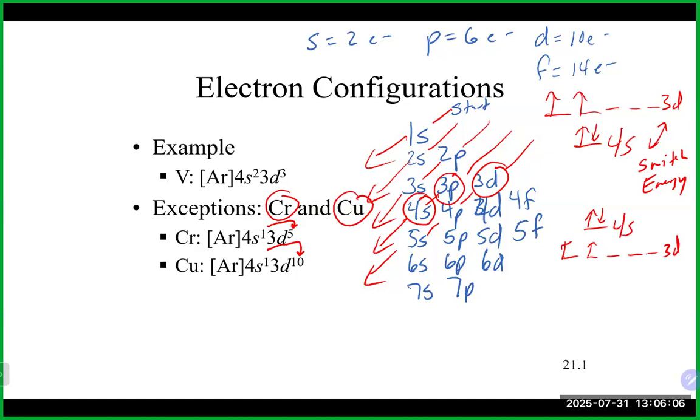By the way, just so you're familiar, if you go to chromium and copper on the periodic table and you go down and in, a lot of those transition metals have very similar exceptions to their electron configuration. Something like Pd, for example, has no electrons in the s. They've all gone up to the d. Silver also has a very similar exception. This is also noble gas configuration, as hopefully you remember. It's a shorthand that you could write for electron configuration, where you put the noble gas that comes right before the element you're writing electron configuration for, and you put it in brackets, and then you just continue on with the